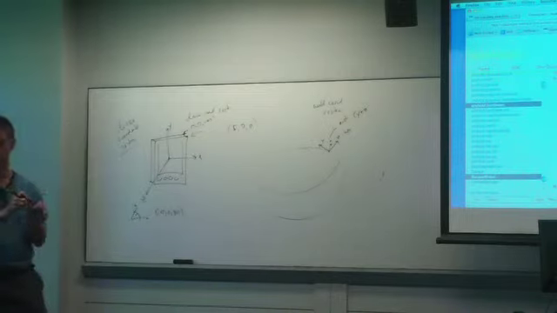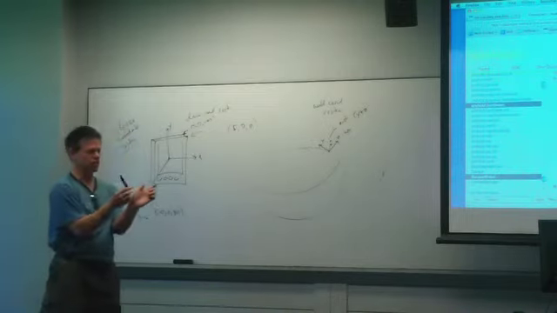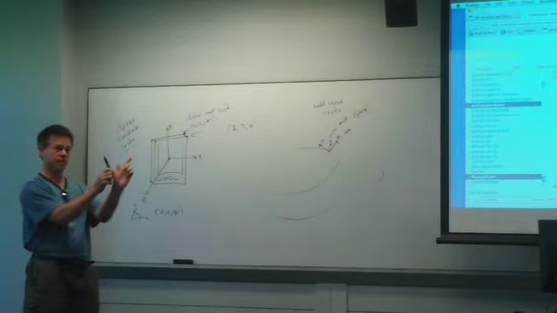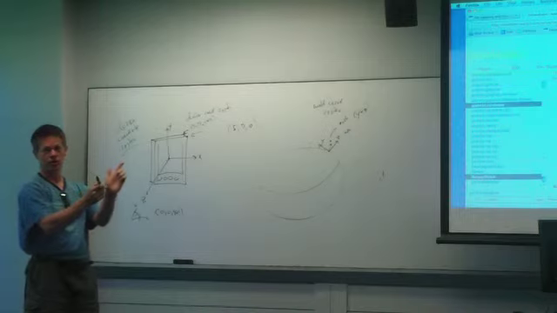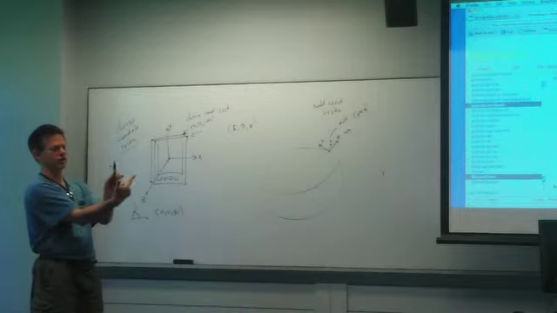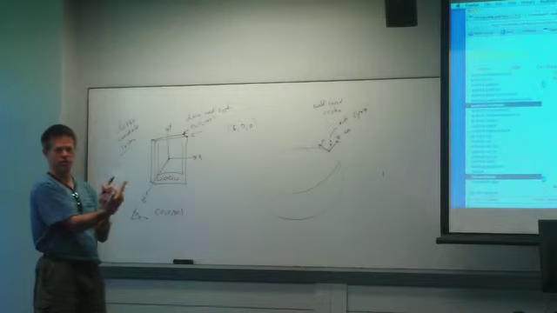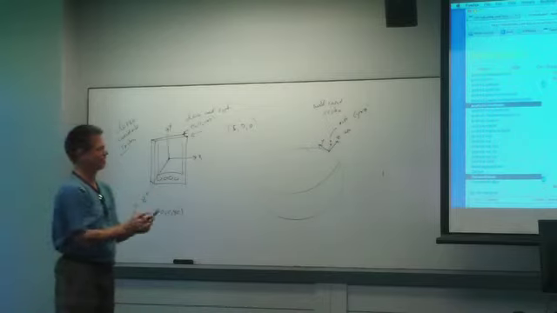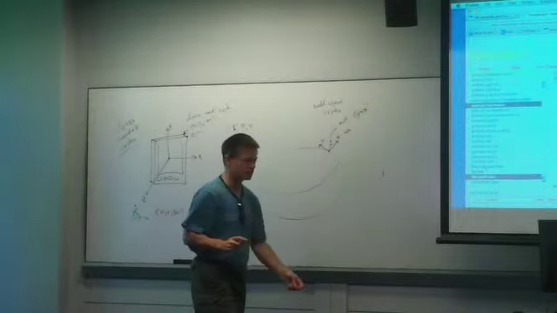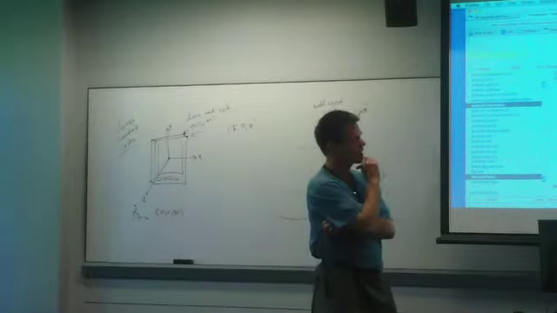Does anybody know that stuff? Basically, any two vectors define a plane, and the vector perpendicular to that plane is the direction of the cross product. There are actually two directions you could go, so you use the right-hand rule. This is x, y, and z is that direction, so the cross product goes that direction instead of that direction. So this is the world coordinate system. So, yes? Where's the origin?